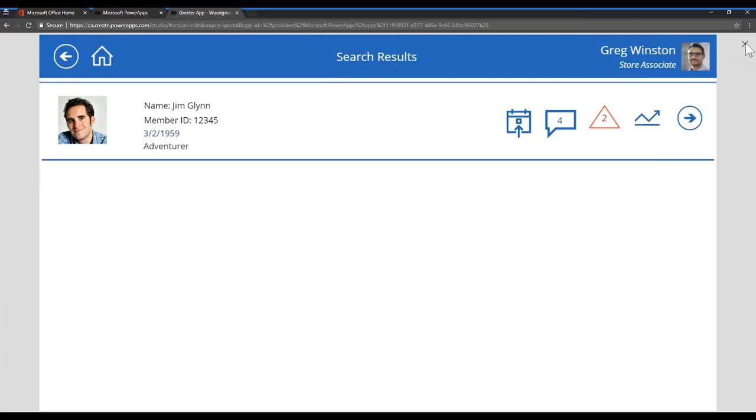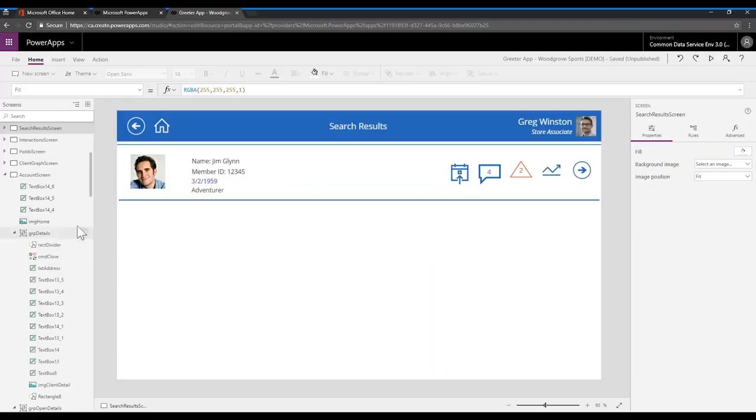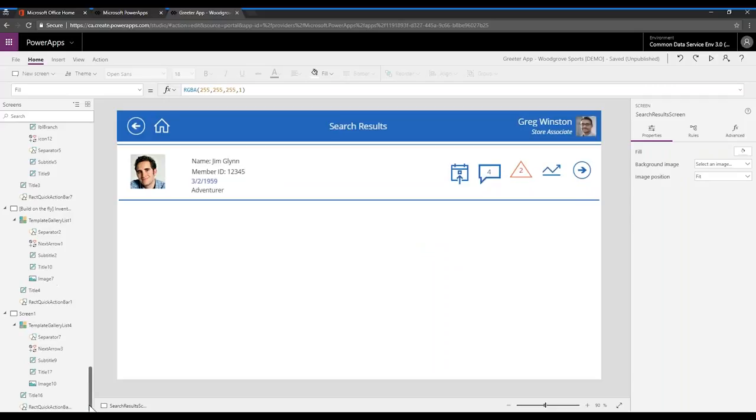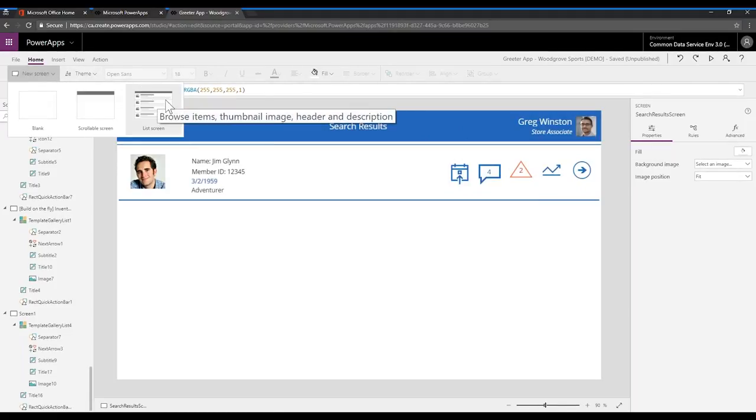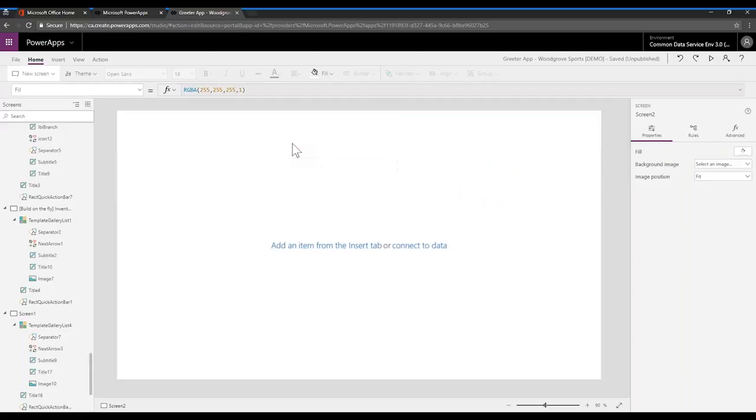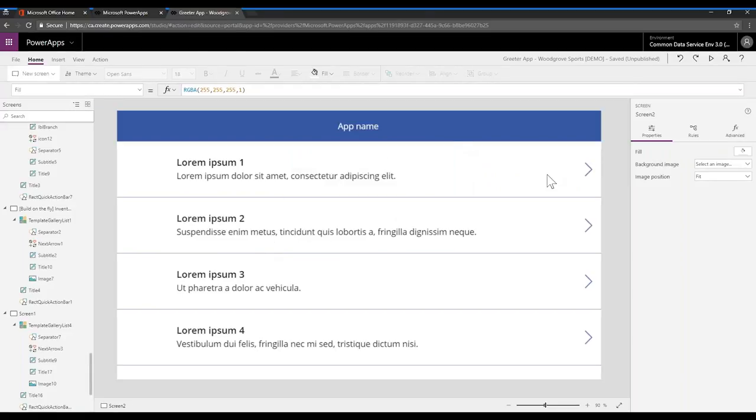Okay, so let's exit out of here and figure out how we actually built this. It's really easy to build out this application, and what we're going to do is just show you how we add a screen here. So I go into new screen. I can select a blank screen, scrollable screen, or a list screen. I'm going to select a list screen here, and it's going to give me some sample dummy data,